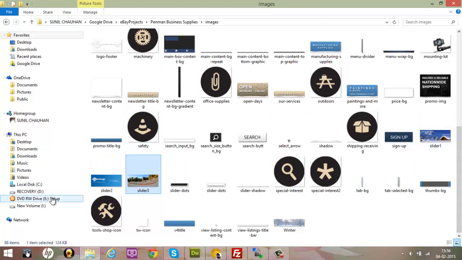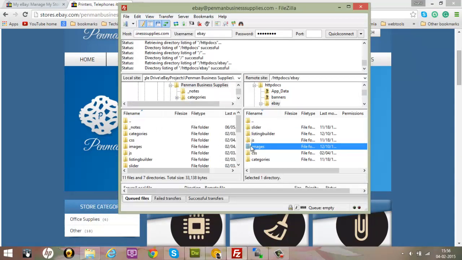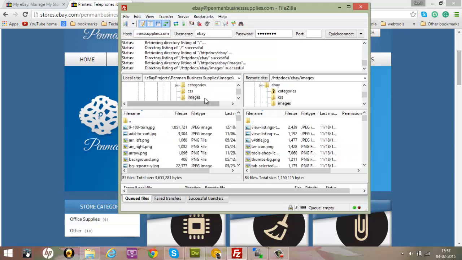Replace these three images inside of your images folder in your project directory with the new images that you have created. And then all you need to do is log into your remote server, and open up the images folder there,